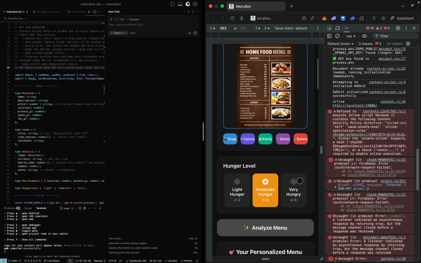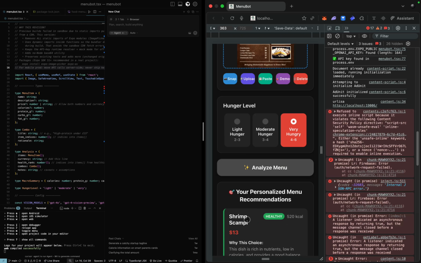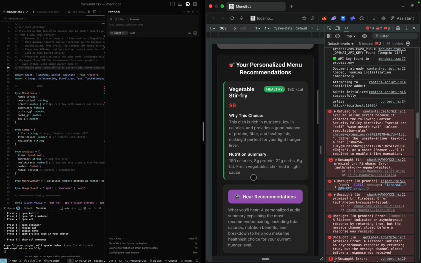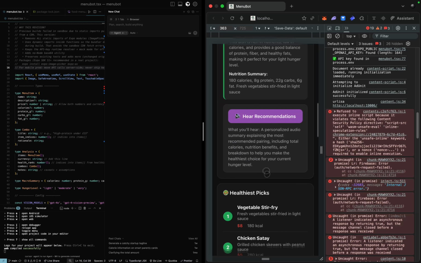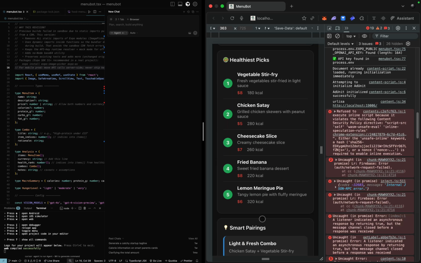If I click demo, I've got a demo menu there. If I'm very hungry, then it suggests a bigger portion, which is a shrimp scampi. If I've got moderate hunger, it's suggesting a grilled chicken breast, and light hunger is just a vegetable stir fry. I can also hear the recommendations, which will speak out the first smart pairing,